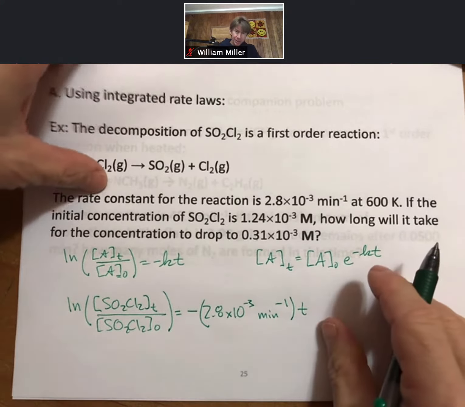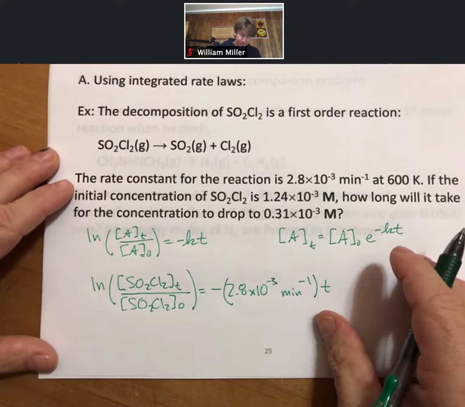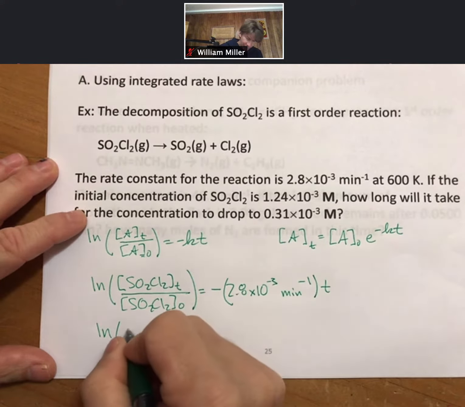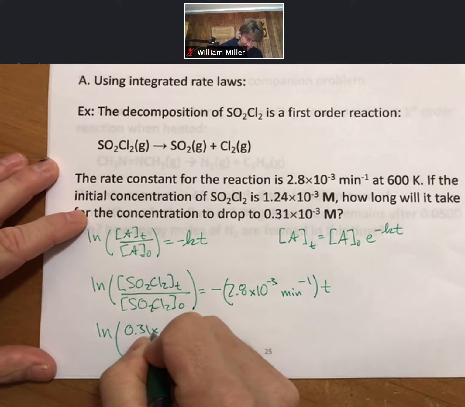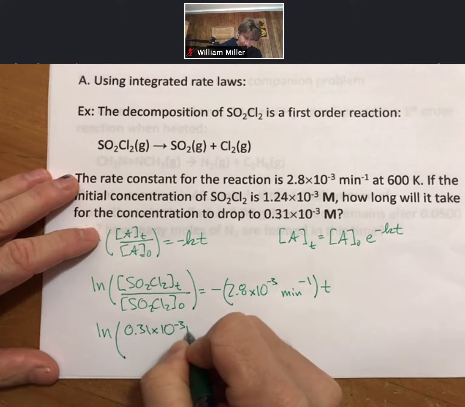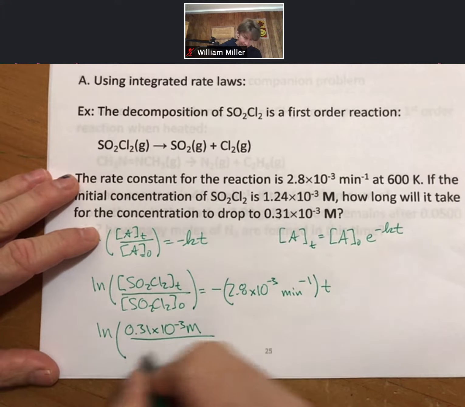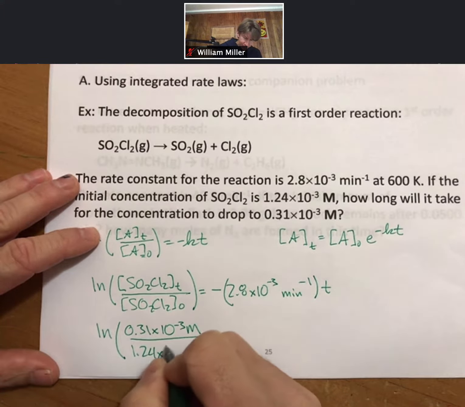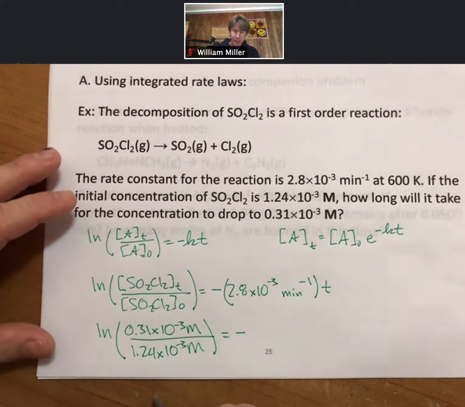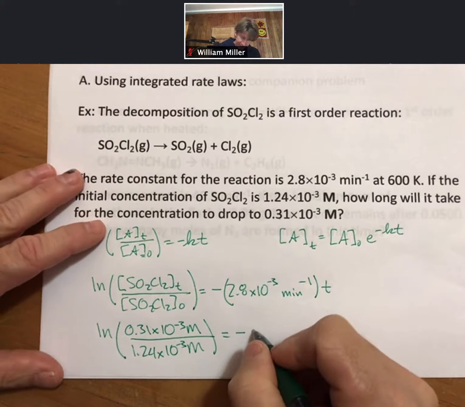Good. So let's plug these in. I have 0.31 times 10 to the negative 3 molar equals the rate constant